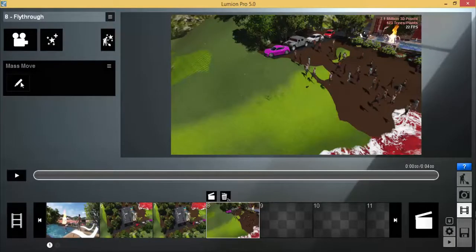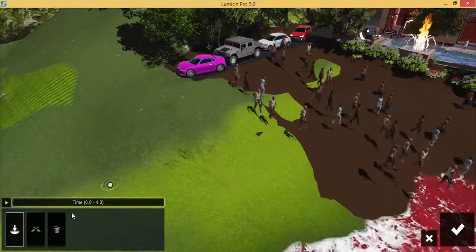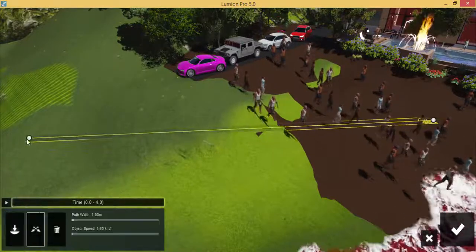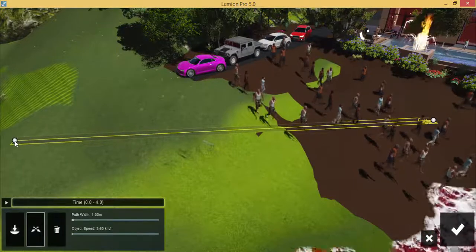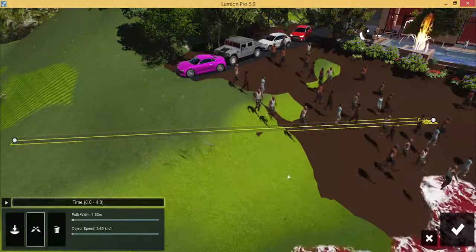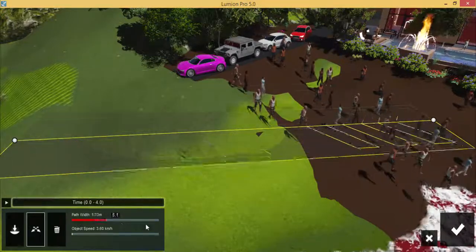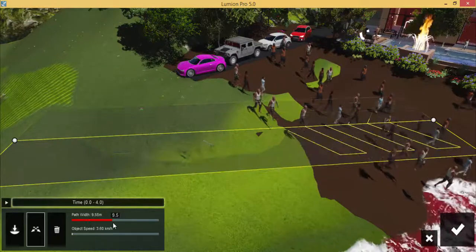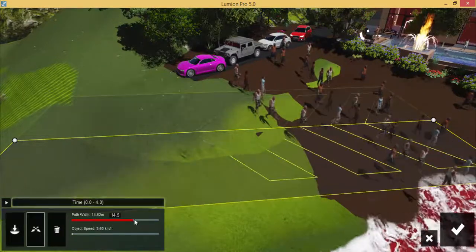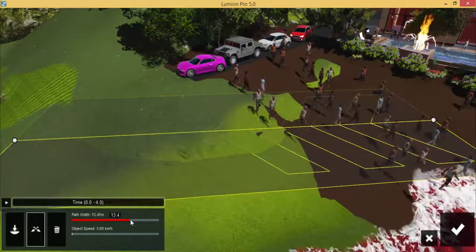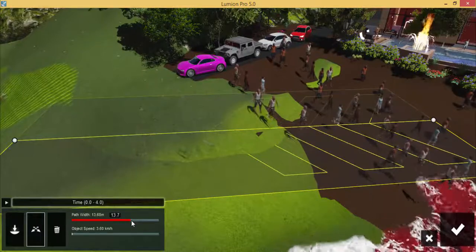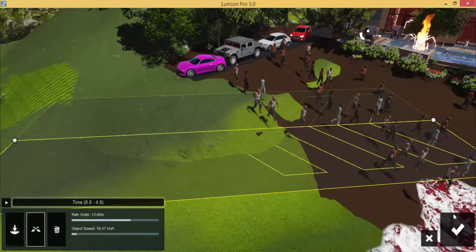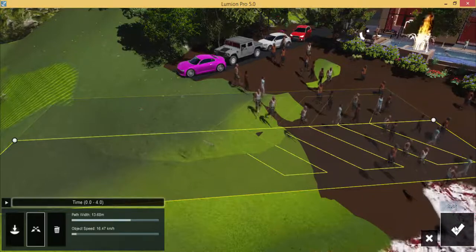What's going to happen is I will click edit. I'm going to add a path. I will draw a line, say here to here. I want to affect a lot of people, so I will stretch this one out. Notice that the line now becomes wider, so becoming wider also, it will affect the whole bunch of people there. And you can select the object speed as well, and I'm happy with it, so I go back and